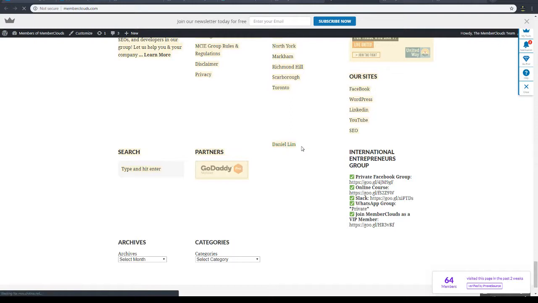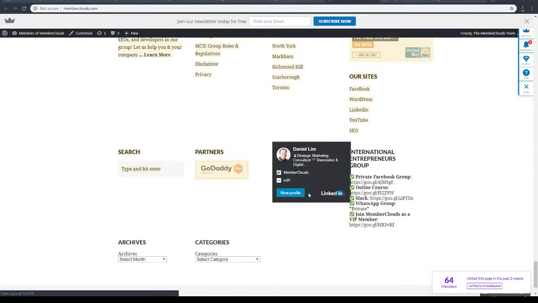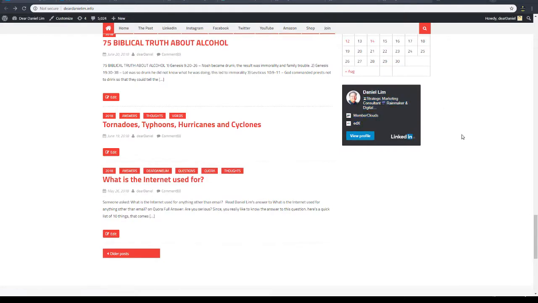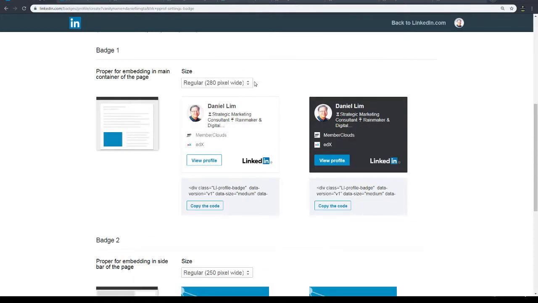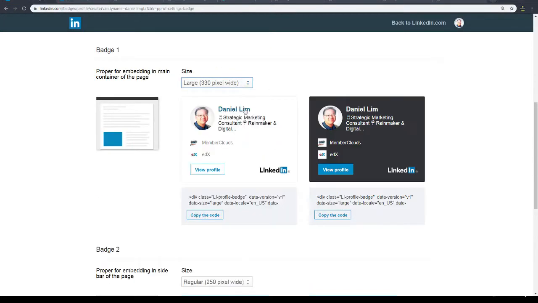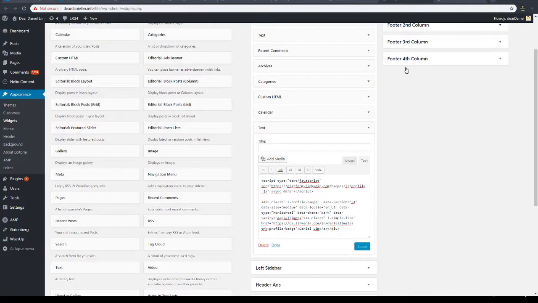Okay, so it's here, but it's not showing up. Oh, okay, it showed up. So it took some time to show up, and that's fine. So maybe we need to use the larger one. So let's copy this code. Let me go back here, change the profile,